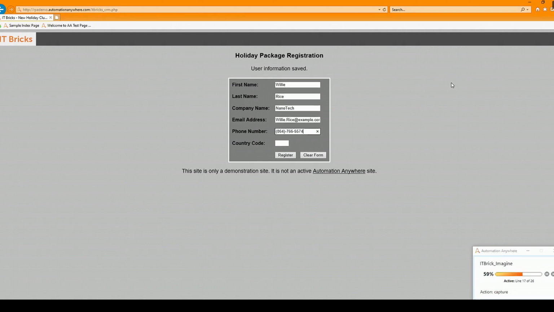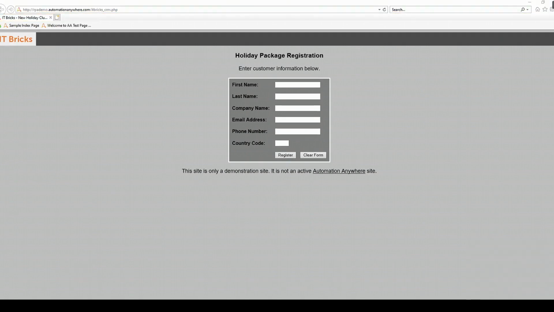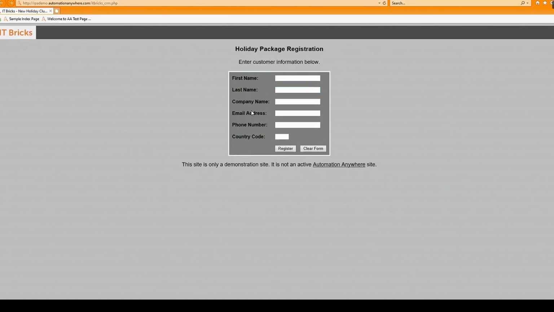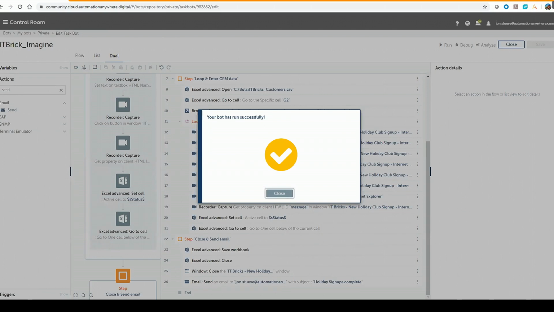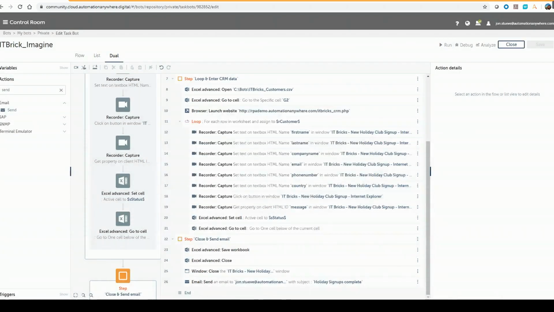After it's done entering all the information, it's going to close all my windows, save my files, and then send me back an email with my actual registration of my information. And this window is still open from before. I get a success window here, and then I can actually see that my bot has sent me email